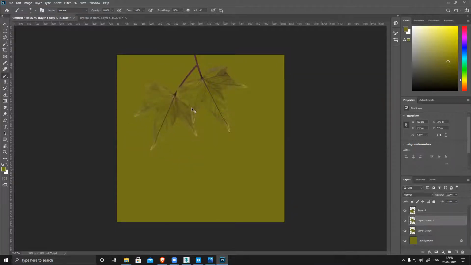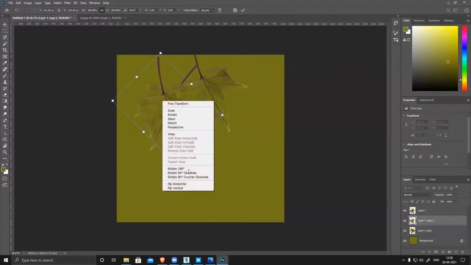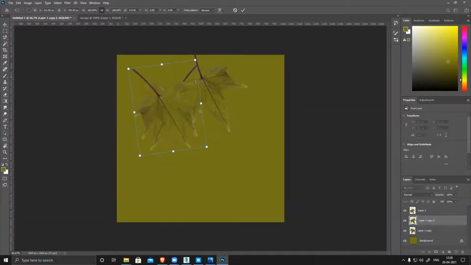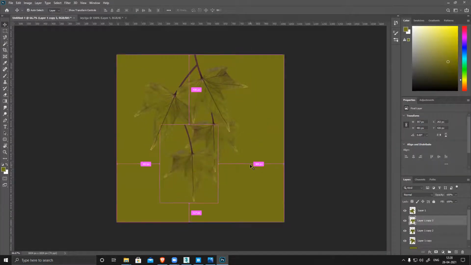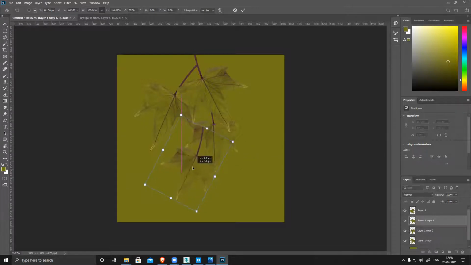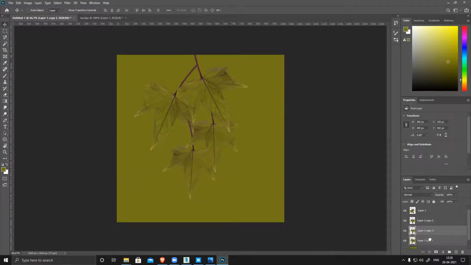Layering. One more. Push it back one more time.